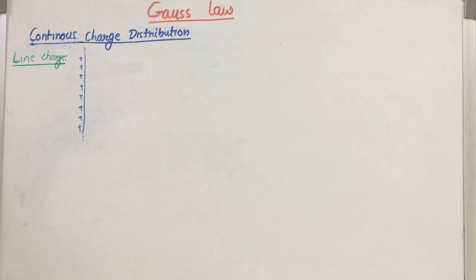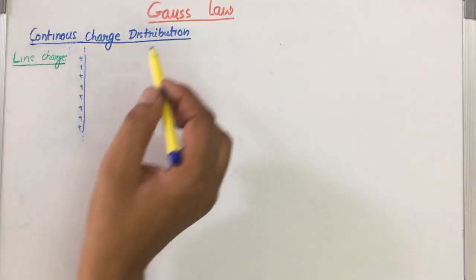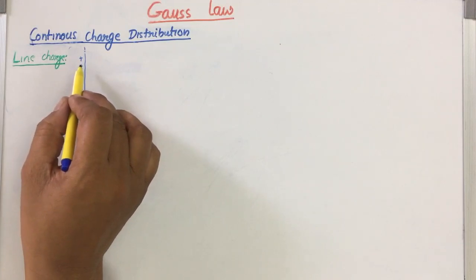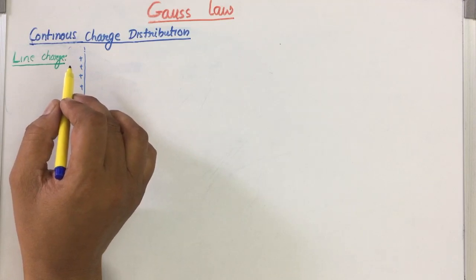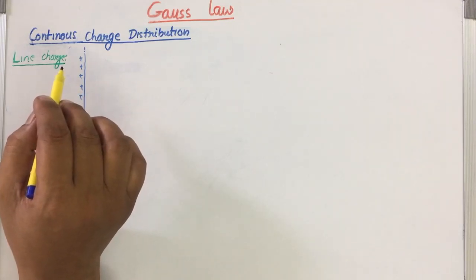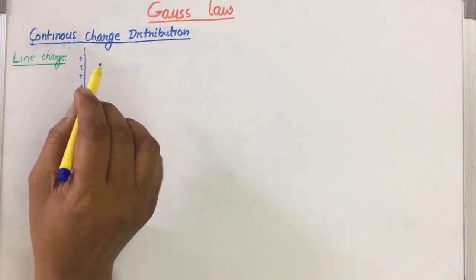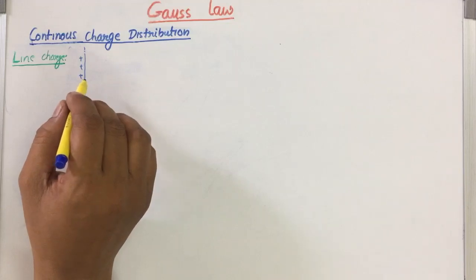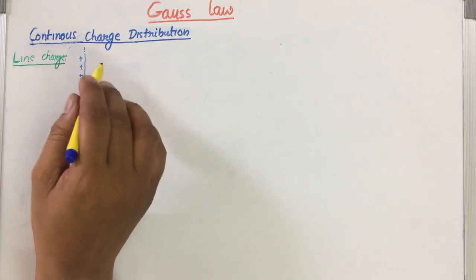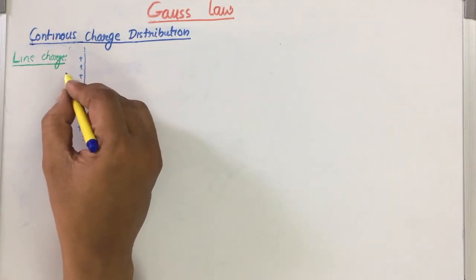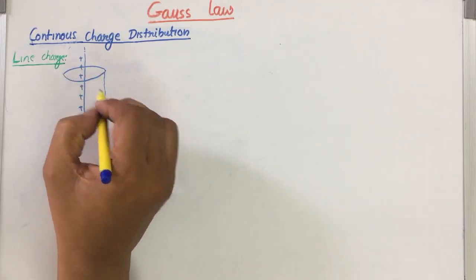First case, let us try to find the electric field with the help of Gauss's law when we are considering the line charge. Yesterday we came to know that the first step we have to follow is the identification of the Gaussian surface. So in this case also we will find the Gaussian surface first, and the probable Gaussian surface in the case of a line charge may be the cylindrical surface.